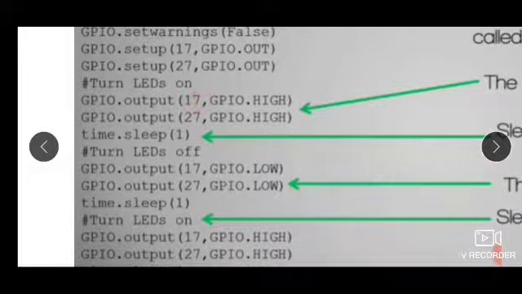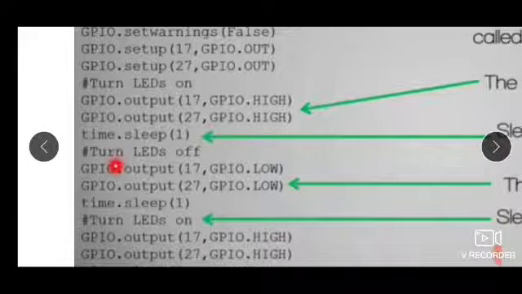So again 17 and 27 are given the value high. When they are high, they should be high for some time. What that time is, is given here. time.sleep means a delay is introduced here. So time.sleep for 1 second. 1 is the parameter for sleep, which indicates that it should be high for 1 second.